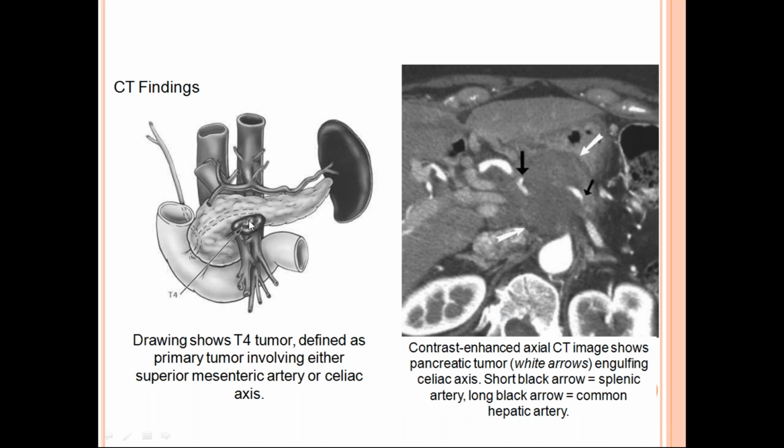And this is the tumor with the involvement of the vessels. Okay, see, this is the arterial phase because this is the aorta and the contrast is given in CT. So this is enhancing. Okay, if you can see here, these are the vessels, and these are involved here. Okay, this is the splenic artery. This is the common hepatic artery. Okay, this is the pancreatic tumor. You can see this one.